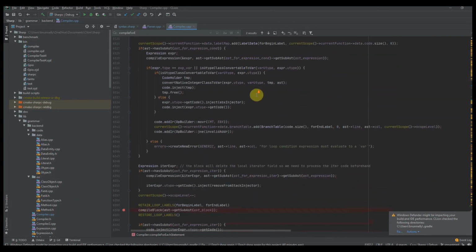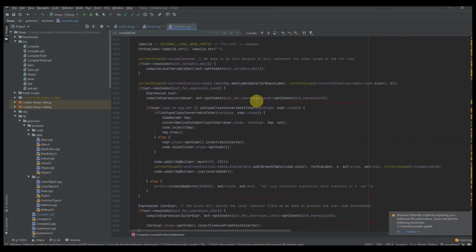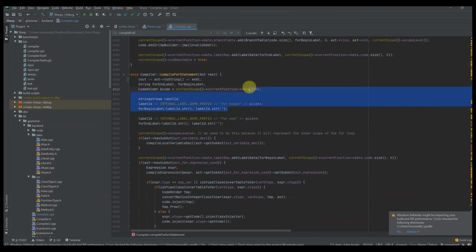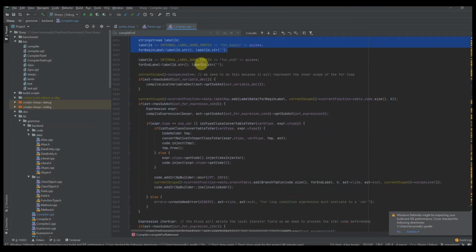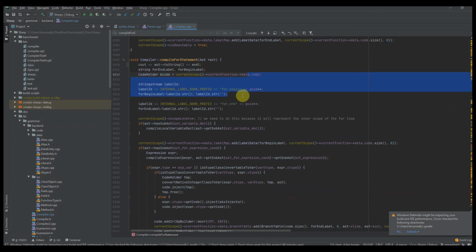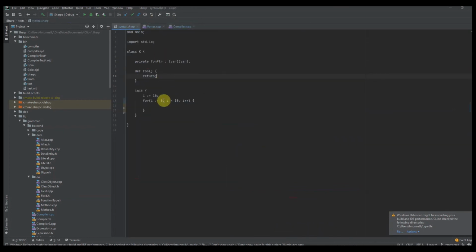I can't wait to show you guys how I actually process for statements. It's really interesting. You have to create labels and stuff, and that's how you figure out, if you call continue or break, how to do all that code. So it's really interesting. But let's actually see how everything looks. So we have this code, remove that,